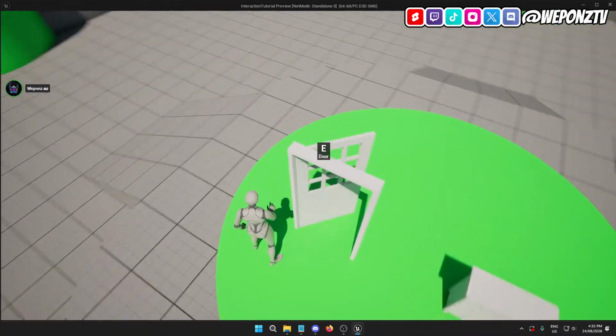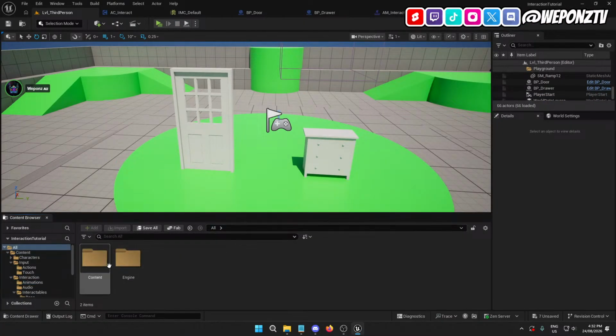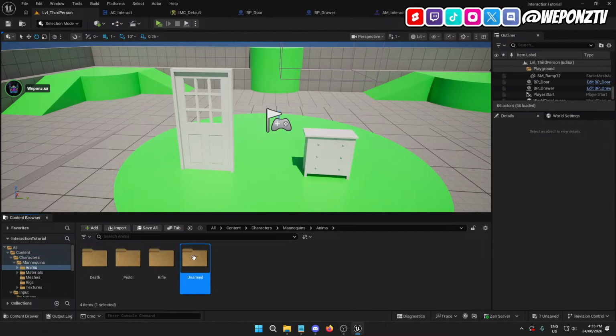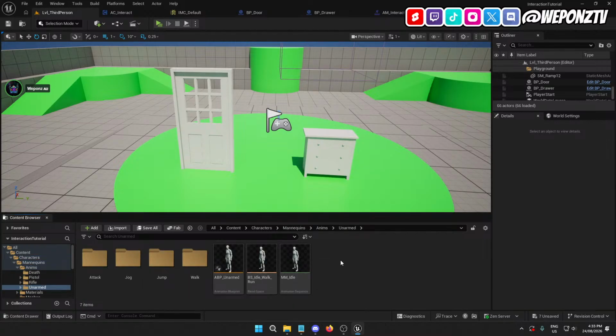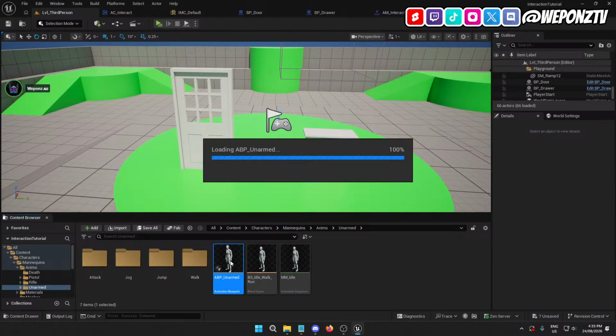We can fix that by adding some upper body animation logic into the character. So we can go to characters, mannequins, animes, unarmed. We've been going for exactly one hour, not too bad. We've learned a lot so far and pretty much got everything working. So we want to go into here,